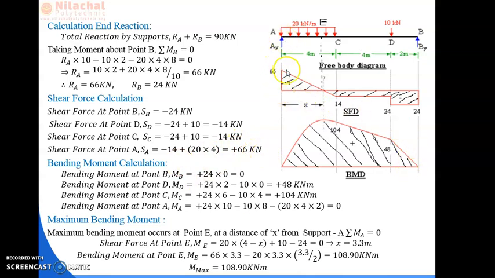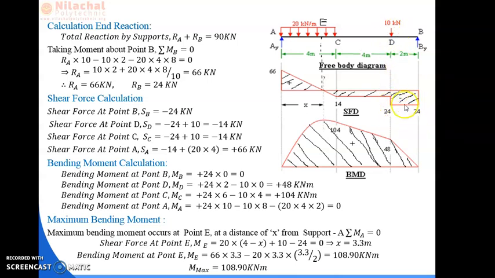First of all, we have to draw a baseline. This is the baseline. We have to find the points by taking the projection of each point: B point projection, D point projection, C point projection, and A point projection. At B there is a negative value, so you have to draw a vertical line corresponding to 24 kilonewton, and that will be in the downward direction. From D to B there is no load, so we have to take a constant horizontal line.